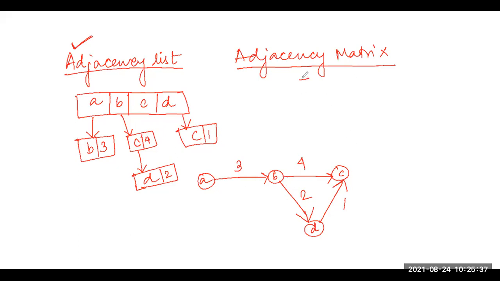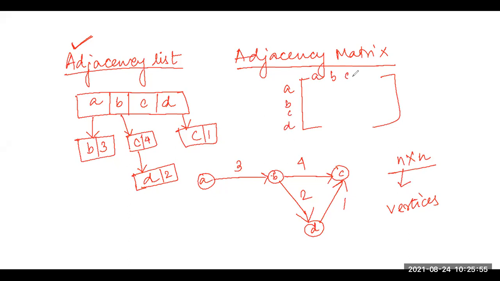Now, what is the concept of adjacency matrix? An adjacency matrix will be an n by n matrix where n is the number of vertices. So here I had 4 vertices, A, B, C, D. So A, B, C, D along the rows and A, B, C, D along the columns. Now, the rule is: if an unweighted graph is given, wherever there is an edge from one vertex to another, I will put 1. If there is no edge, I will put 0. And if a weighted graph is given, wherever there is an edge from one node to another, I will put the value of that weight.